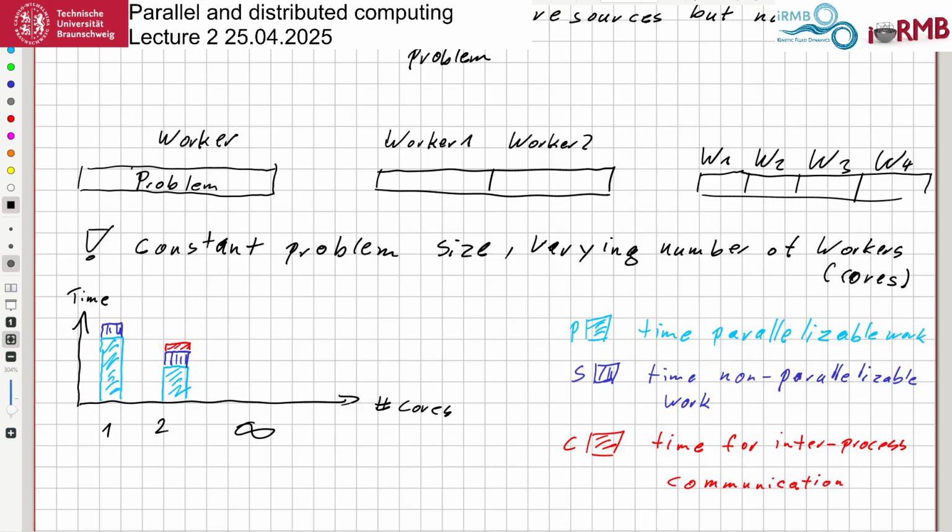So if we have infinitely many workers, then the slightly inaccurate, crazy assumption is that the work that can be done in parallel takes no time, because everybody is just doing something very quickly. And so no time is needed. So there is no time for this. The non-parallelizable part